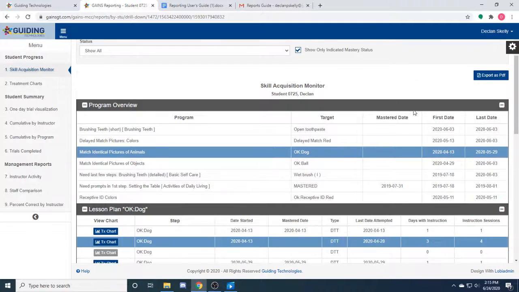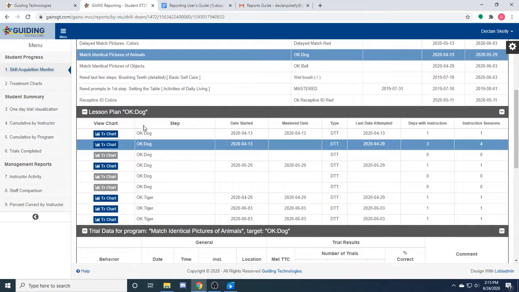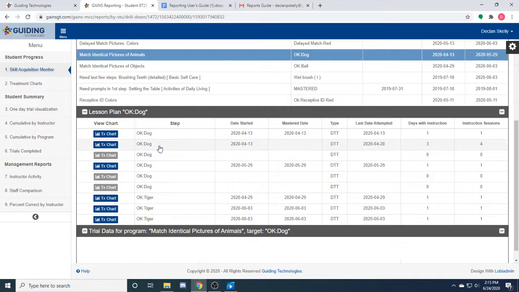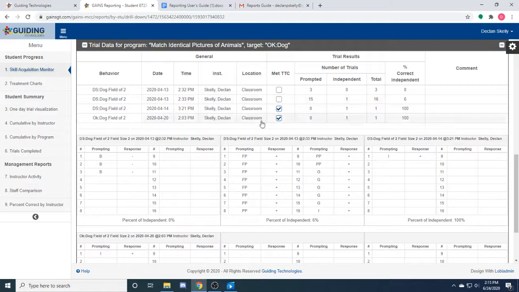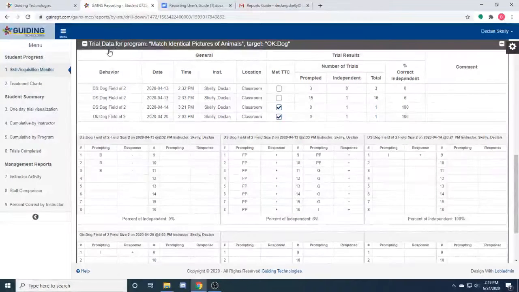To see our trial data for our program, we need to select one of the steps in our lesson plan. So here I'll select our second step and our trial data will appear. At the top of our trial data for the program here, we have our behavior, our general data, and then our trial results. Our general data just has the behavior name, date, time, instructor, location, and then our trial results